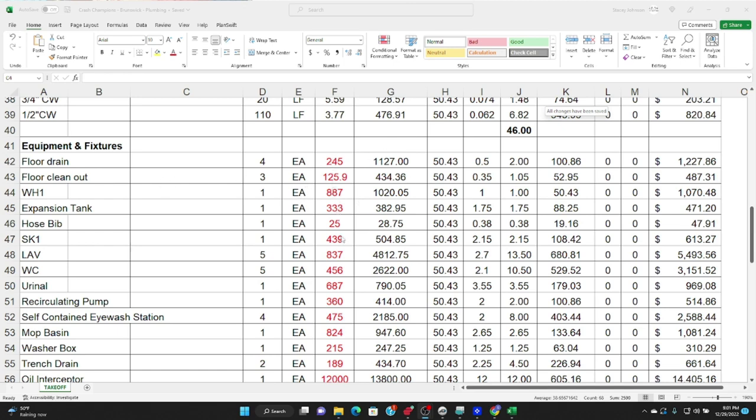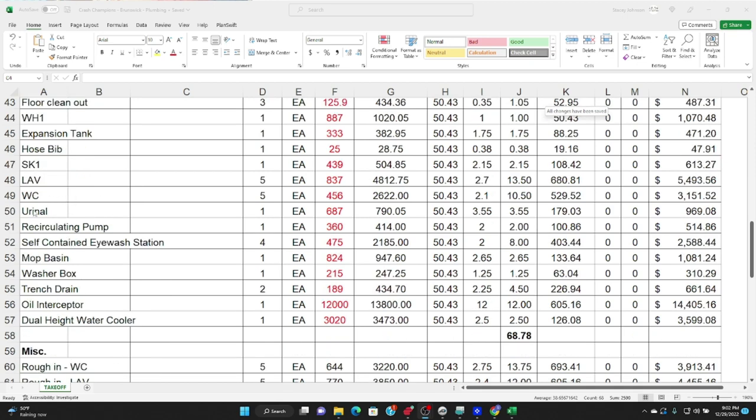And we put the material cost in red because that's what we got from our cost book. That kind of clues our sub to verify our material cost based on what their cost would be. And again, we get the cost unit, how long it's going to take to install one unit, from our cost book, and so it helps us reliably determine how many man hours for our plumbing job. And these are all of our pieces of plumbing equipment: floor drains, water heaters, lavs, water closets, urinals, everything,